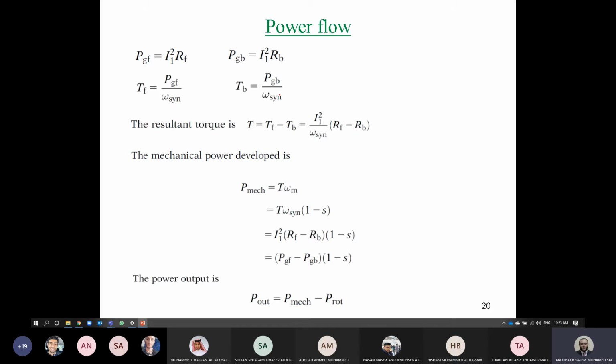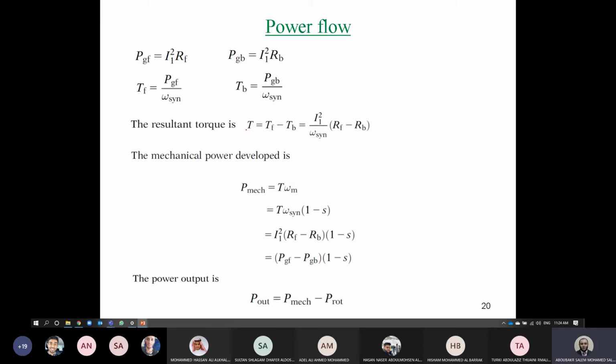Now, will the machine start moving as a function of the summation of the two fluxes or the difference between the two fluxes? We said that forward flux and backward flux are moving in opposite directions. So it's expected that the machine will move with the difference between the two fluxes. Is it right? So now we can say the torque, which is the effective torque that will move the machine, will be the difference between forward and backward. So this now represents the resultant torque,